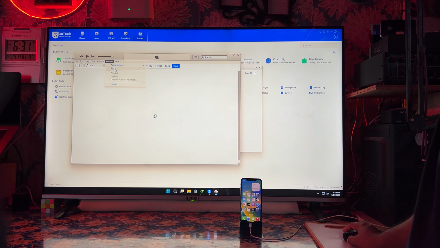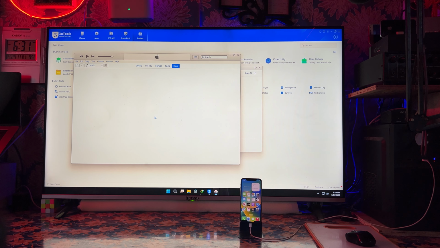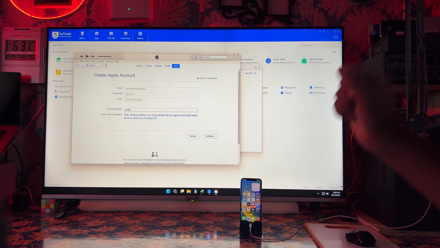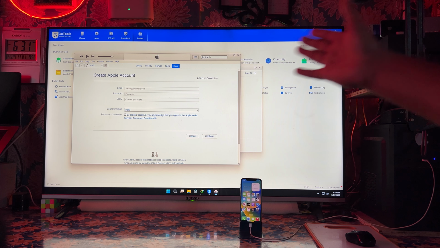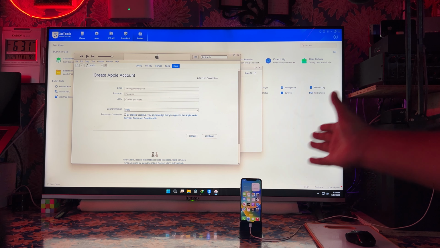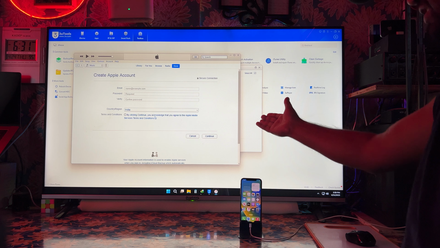Once again we will come to sign in, of course we will come to create, and let's see. Now you have the golden opportunity to create a new Apple ID, create a password, confirm the new password, select the country and region, and by accepting the terms and conditions you will directly transfer this ID